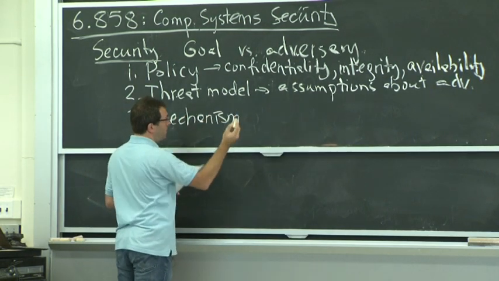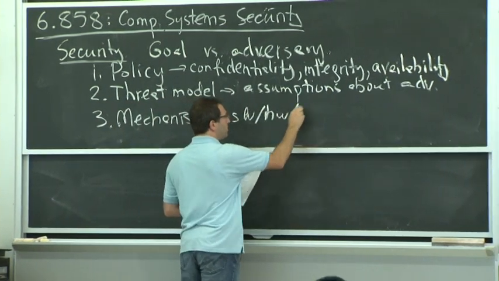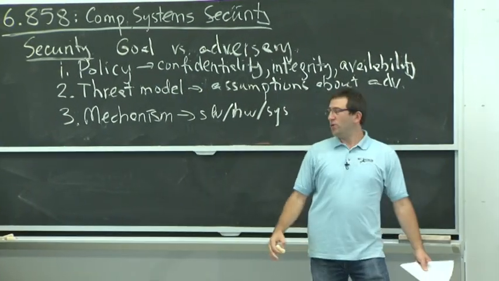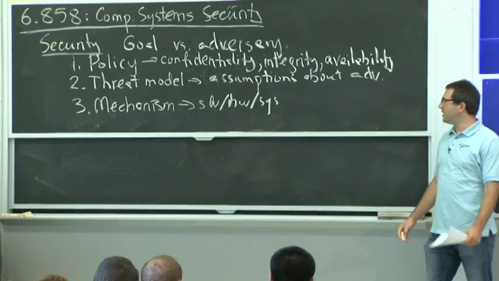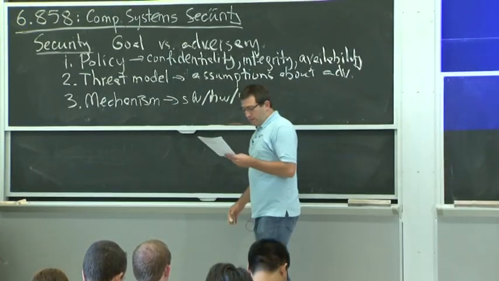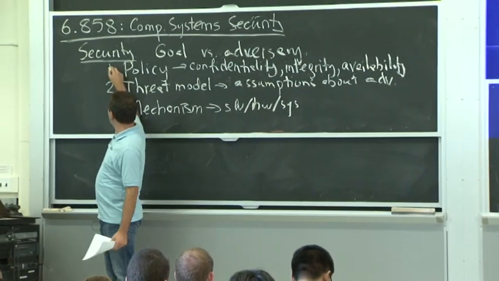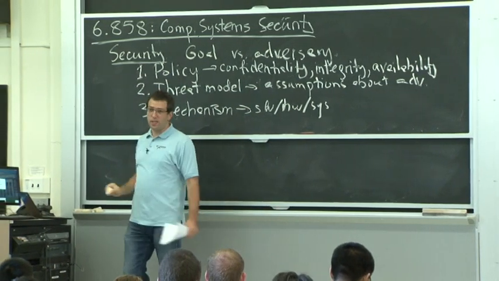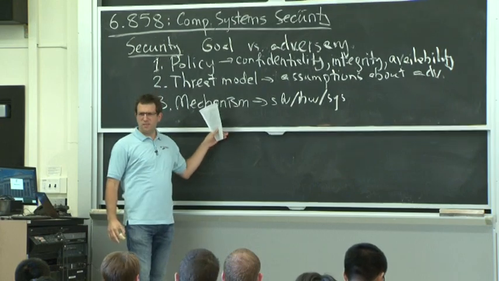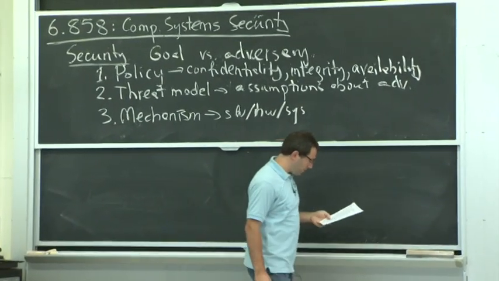And this is basically the software or hardware, or whatever part of system design and implementation, that's going to try to make sure our policy is followed as long as the bad guy follows the threat model. So the end result is that as long as our threat model was correct, hopefully we'll satisfy our policy. And it has to be the case that the mechanism doesn't screw up. Make sense? Fairly high-level story about how to think about this kind of stuff.